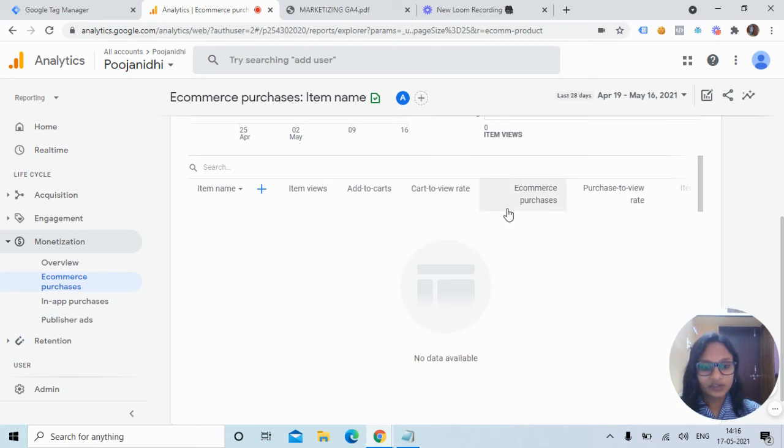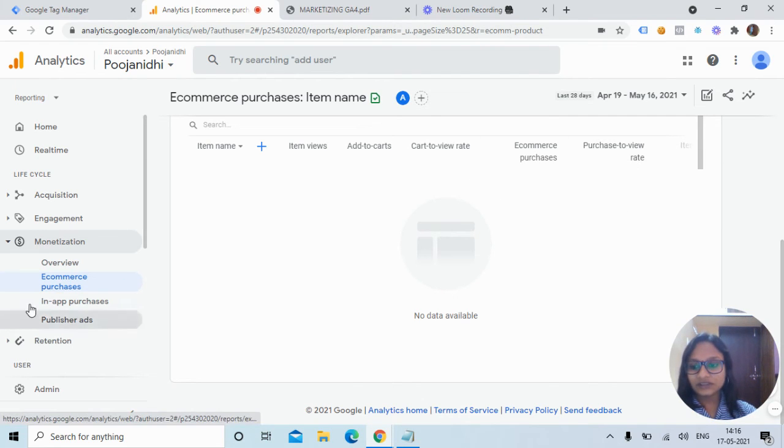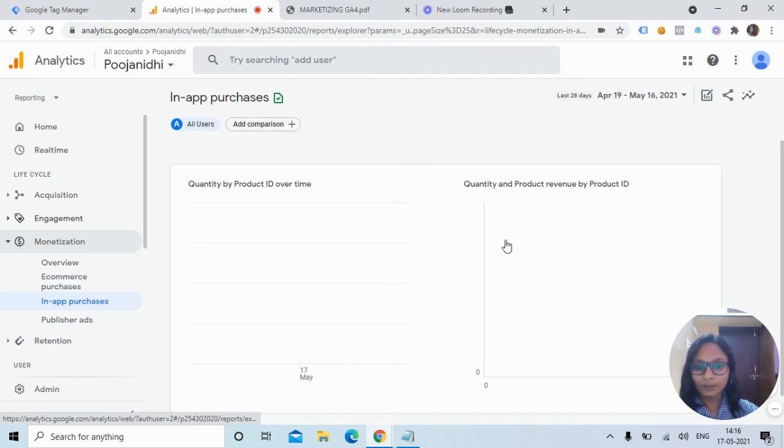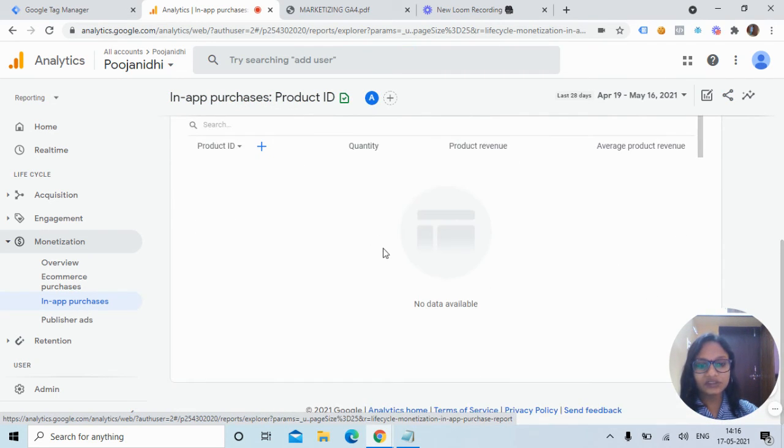And we have the number of purchases that happen, and also the other related metrics over here. We will be getting it once we have all the data. We also have the cart to view rate and purchase to view rate, and these are the set of metrics we have for this e-commerce purchases. Then we have the in-app purchases. So that is the quantity they purchase and the revenue we get and the average revenue. And we can get into the